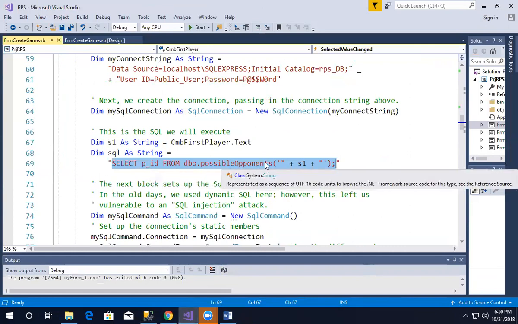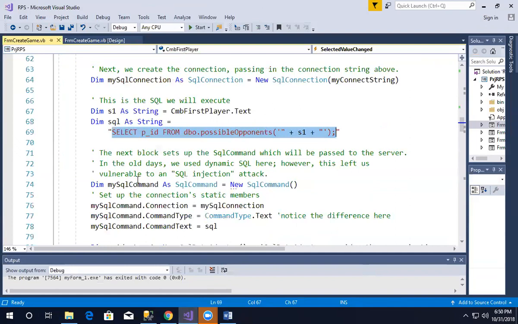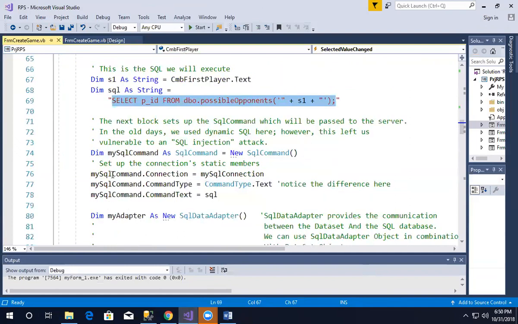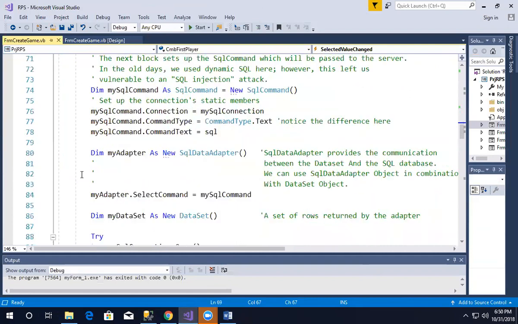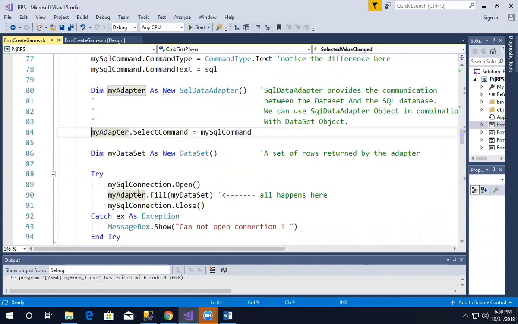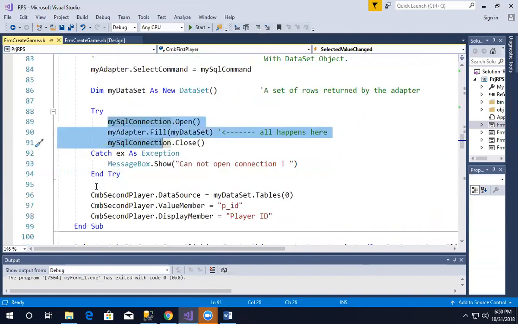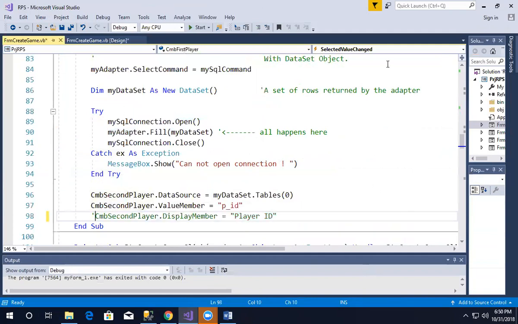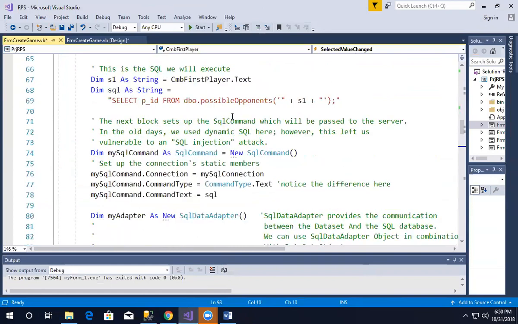Instead of running this, the last one selected everything from a view. This one just selects certain ones. And basically we do the commands the same. The command strings are the same. The adapter is the same. Runs exactly the same. Everything is exactly the same. No difference. And again, I think that this last one is not necessary. The only one that's different is instead of selecting from a